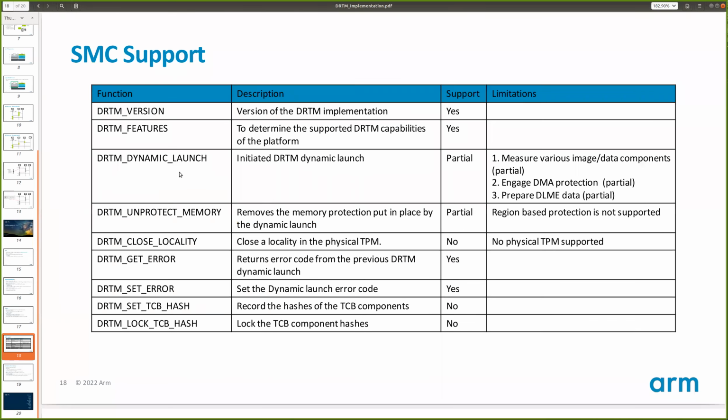Okay, thanks. So among the SMC calls specified in the specification, one is DRTM version, which is currently fully supported. It will be part of the first release. There is also DRTM features, which determines the supported DRTM capabilities. That too will be fully supported. The DRTM dynamic launch is the SMC command which actually starts the launch of DRTM. So this is currently